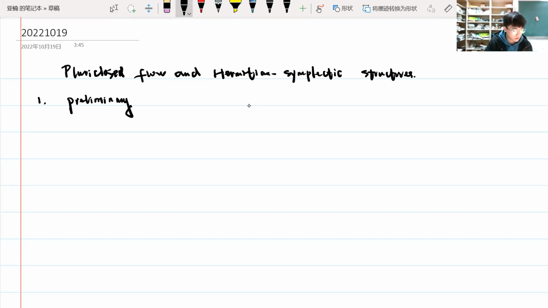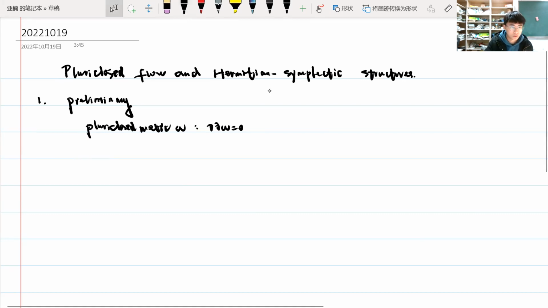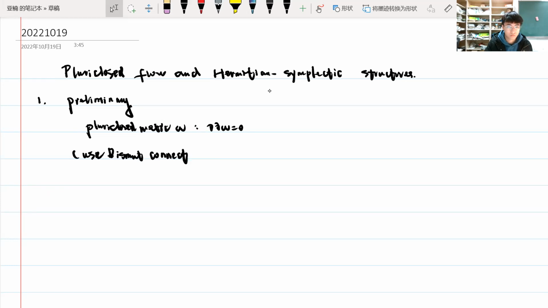A metric is pluriclosed if it satisfies ∂∂̄ω = 0, and the pluriclosed flow we can write it using the Bismut connection as